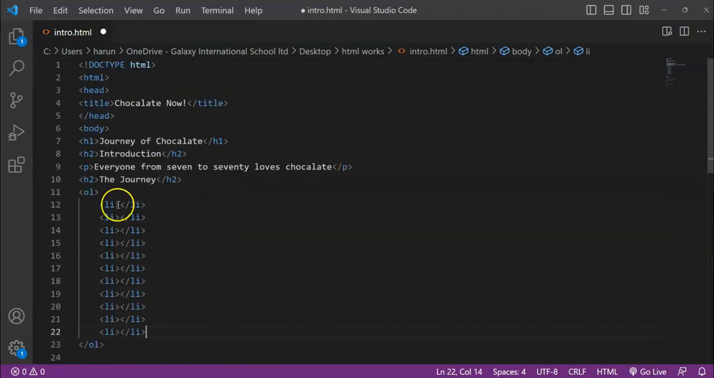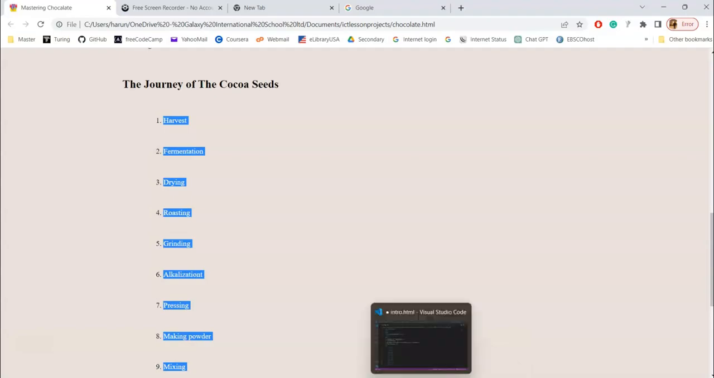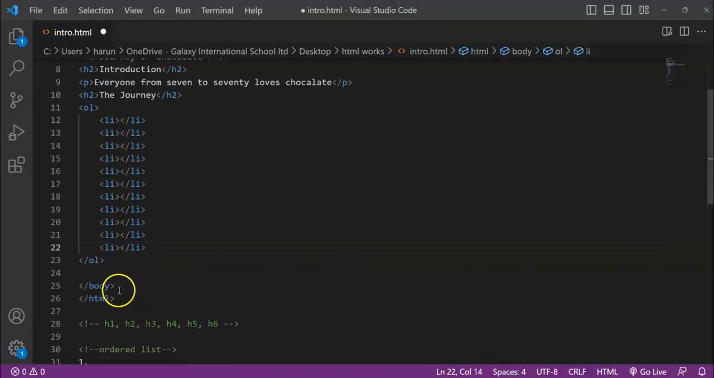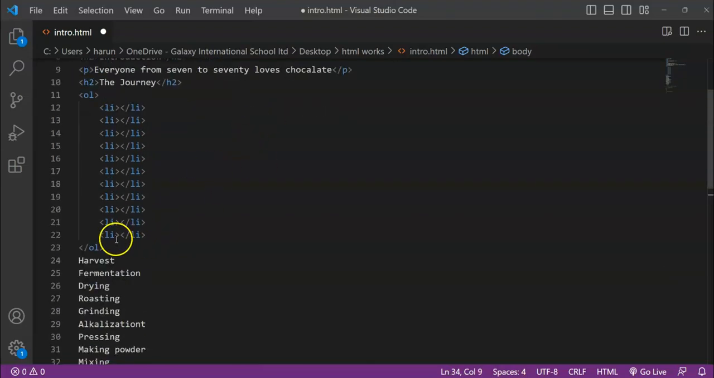And then we are going to put the list items one by one. Such as harvest, fermentation. Let's copy it and then paste it in our list. Okay, so let me just paste here, Control V. We are going to put the item harvest as the first item,